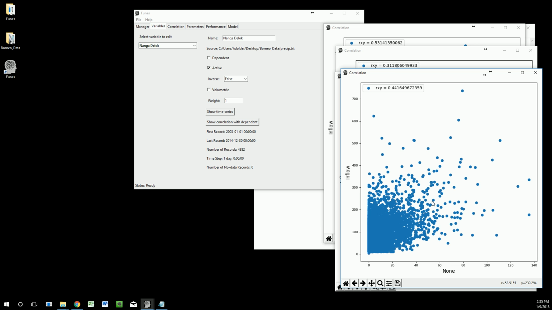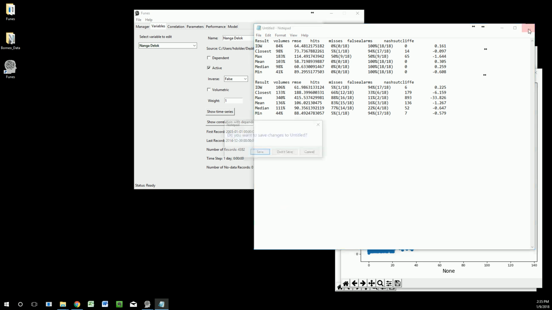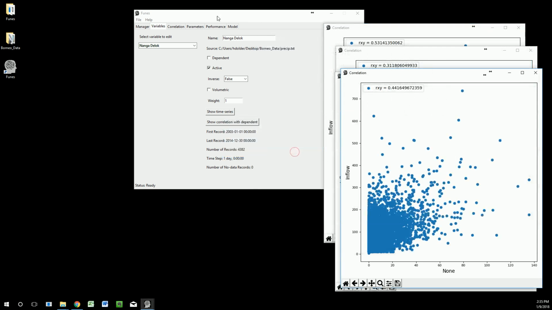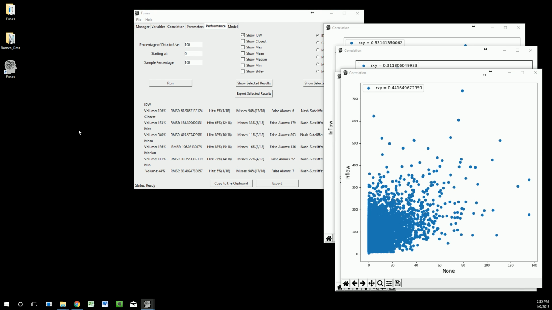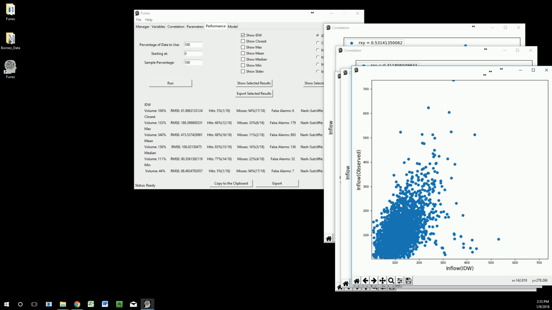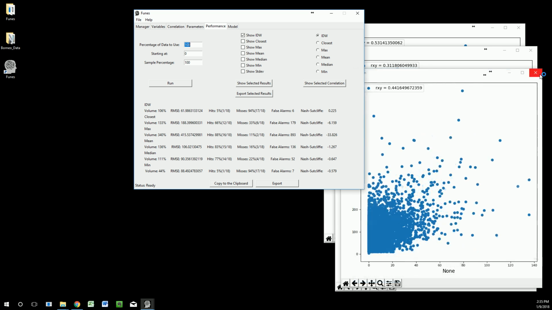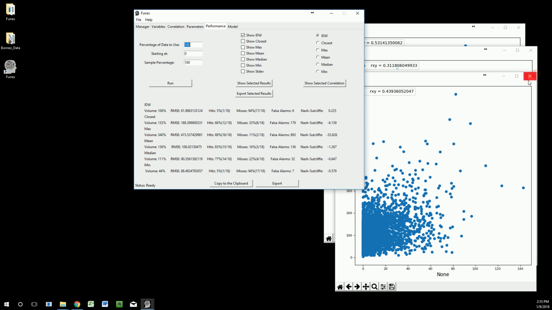And that's one of the beauties, I think, about this Funes approach, because even though we don't have good obvious correlation, we can still find some kind of good correlation in the results of the model,